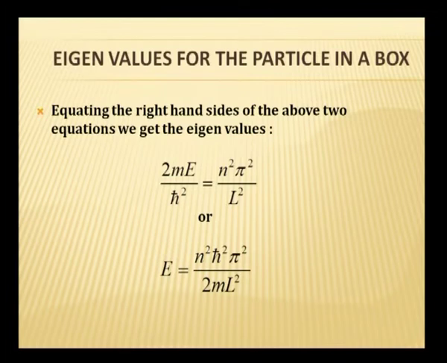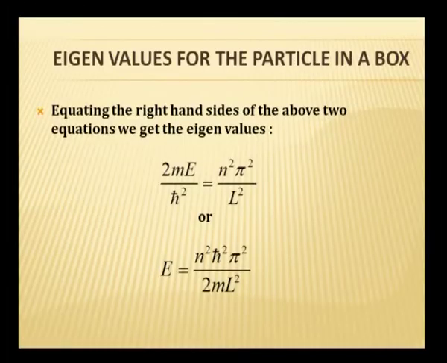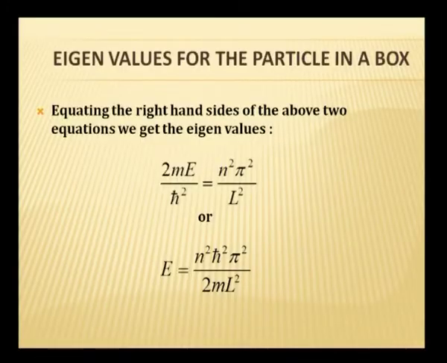and we ended up in the last lecture with the expression for the energy of the particle in a box, which goes as given at the bottom: E is equal to n square h bar square pi square by 2m into L square. What is L? L is the box, one dimensional box. M is the mass of the particle. The particle may be a nucleon in a nucleus or proton or electron. H bar is nothing but the unit of angular momentum. It is Planck's constant divided by 2 pi, that is also a constant, pi is a constant.